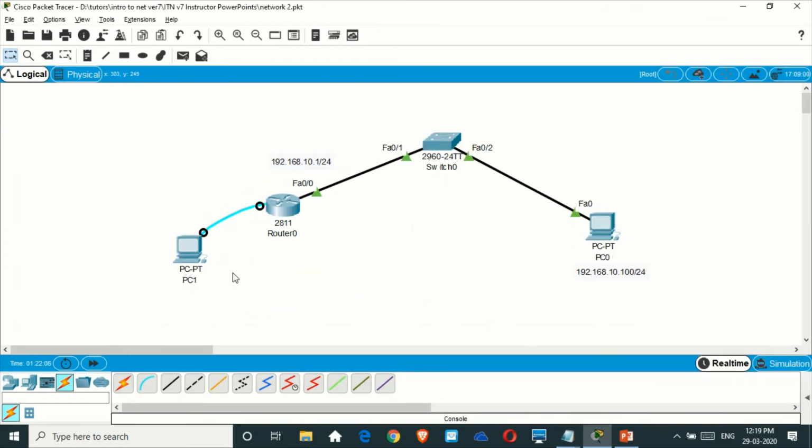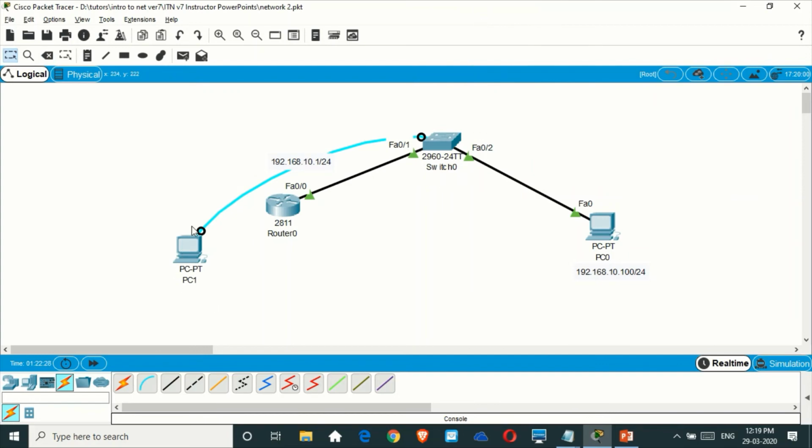Now I have to connect to the switch. I'll click on the blank space here, go here, and delete this console connection. That's already finished. Again I take the connection, RS-232, and give it for the switch so that I can connect it to the console and start working on the switch.